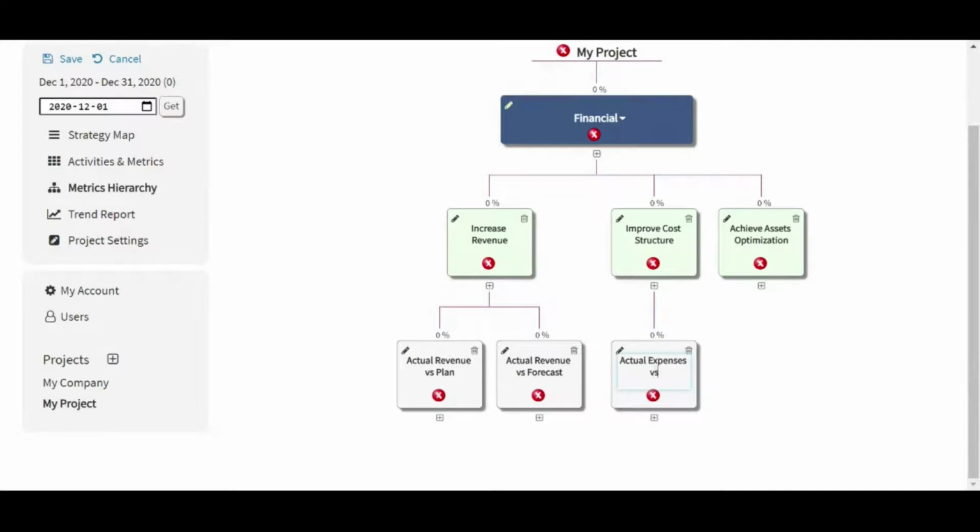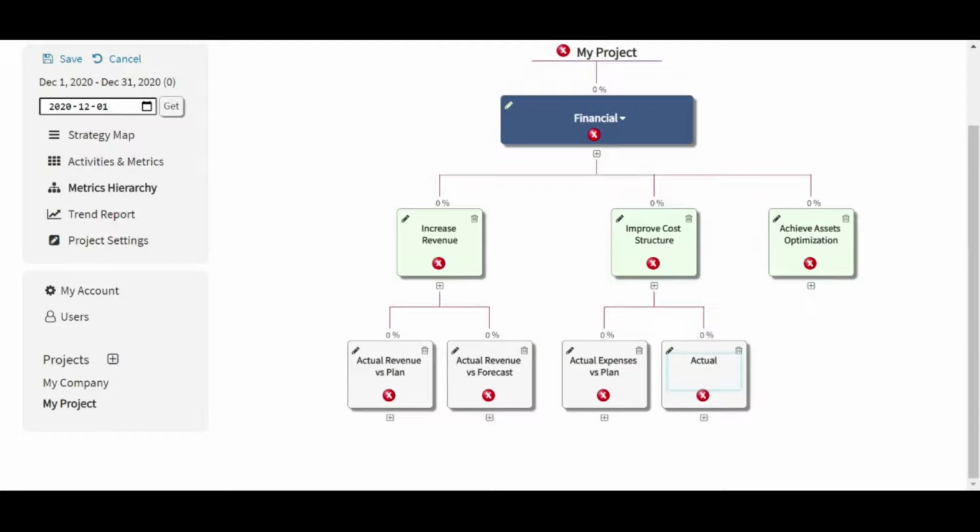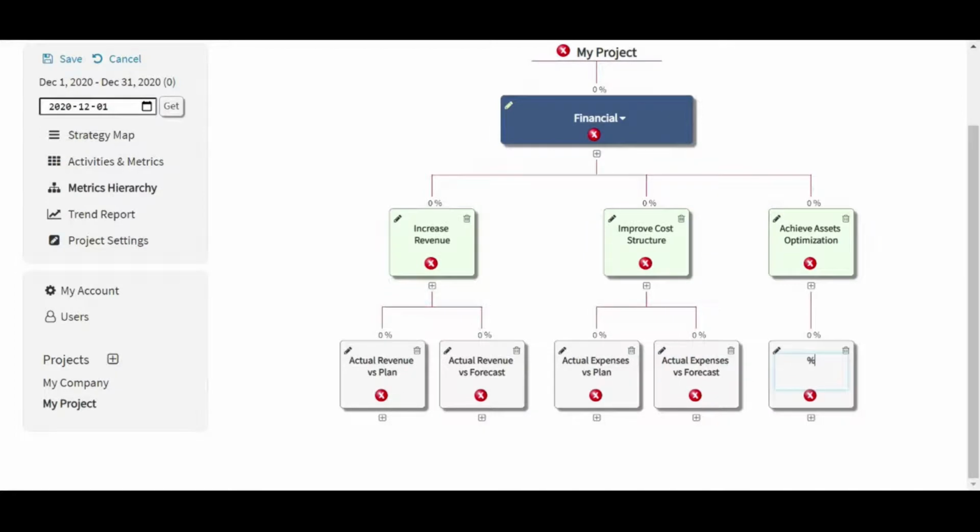On the expense side, again, it's a variance of your actual expenses to your forecasted expenses, your actual expenses to plan. And as you realize, the closer you come to the year end, the more significance you apply to the plan metric as compared to the metric that tracks your actual to forecast. And speaking of assets utilization, you can look at your utilized capacity versus your actual capacity. So for instance, the server processing time or your memory utilization for a server pool.